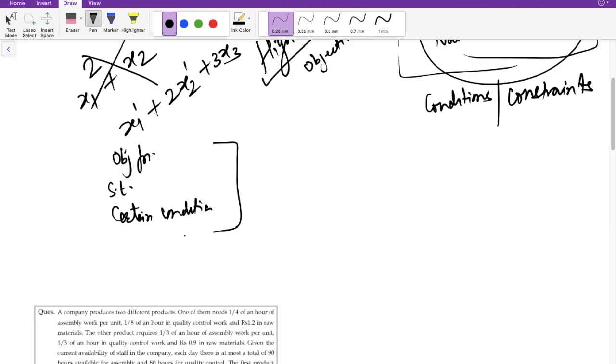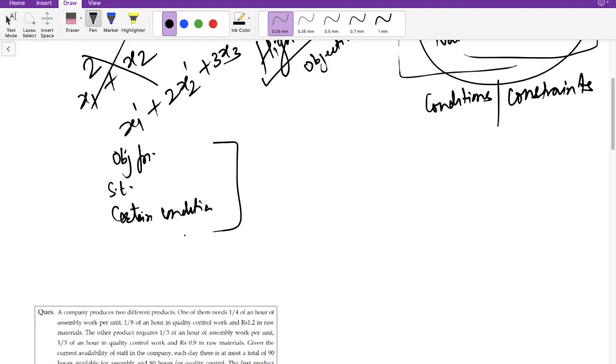Now, the objective function. Whenever you go to an industry, suppose after doing your graduation or post-graduation or engineering or whatever you do, you will be joining some company. And when you join some company or a production unit, every company or production unit has an objective. Suppose it is a company manufacturing certain types of products. If they are manufacturing certain types of products, there is an ambition, an objective, that they want to